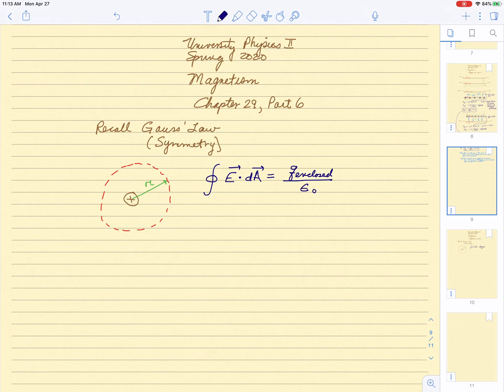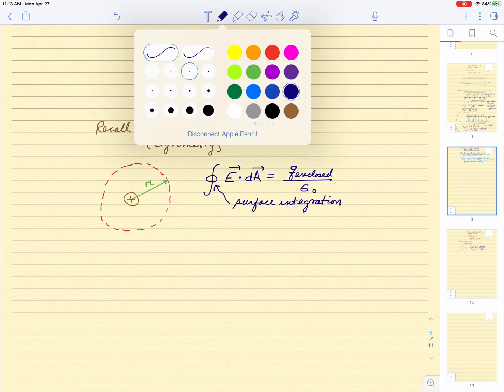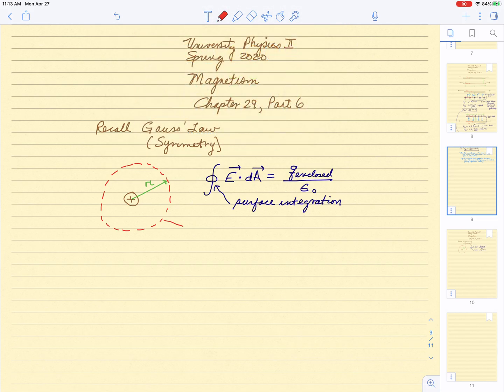So you recall that this circle here meant that we were doing a surface integration, because this really is a sphere. So this was what we called at that time a Gaussian surface, which is a sphere